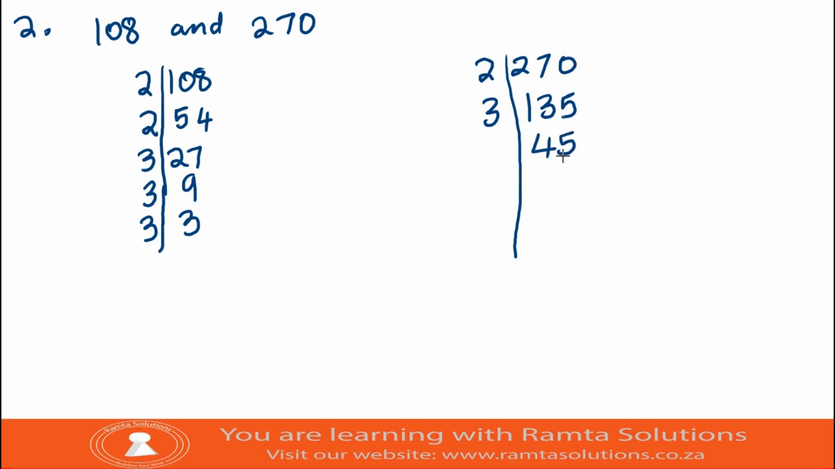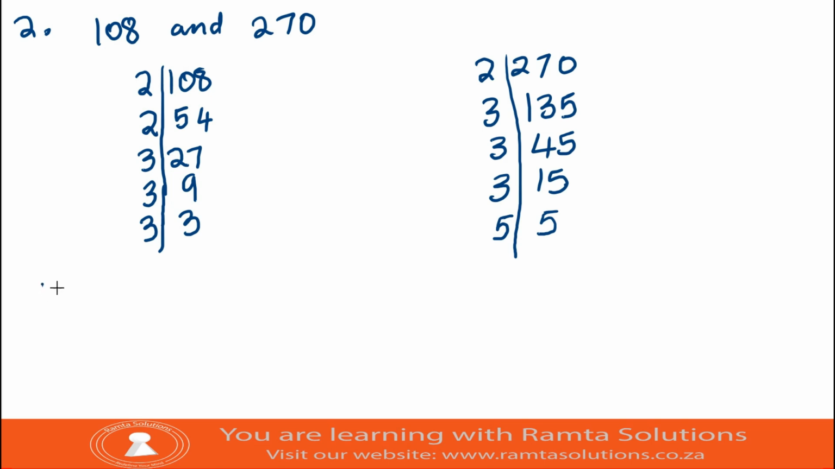45, an odd number. Maybe I will divide it by 3. 45 divided by 3 will be 15. 15 is also an odd number, so I will still divide it by 3 if it works. Yes, 15 divided by 3 is 5. 5 is a prime number, so let me divide it by 5. So the product of